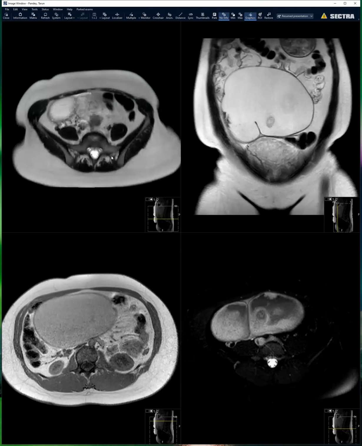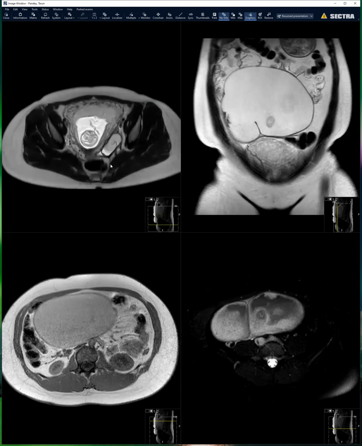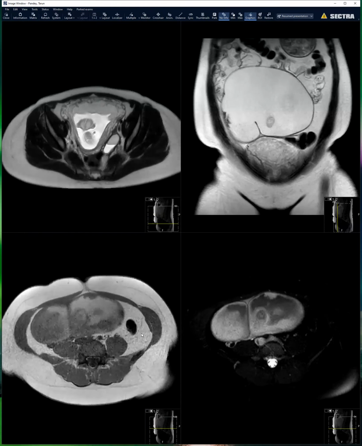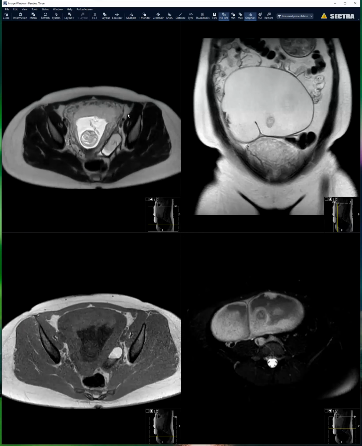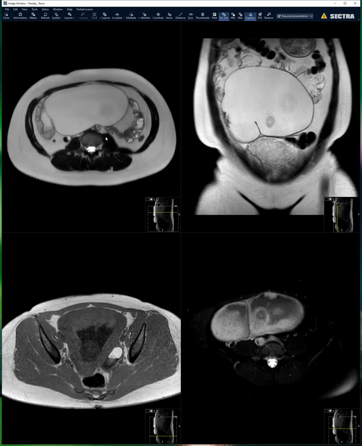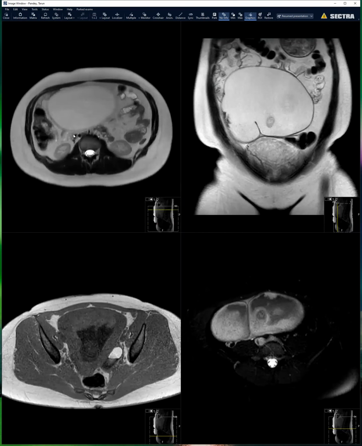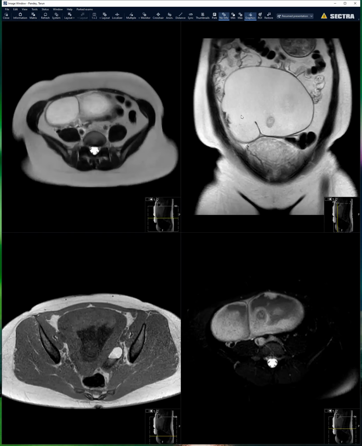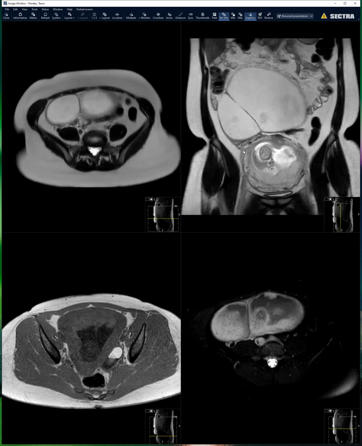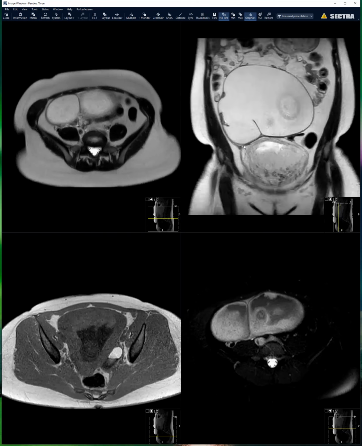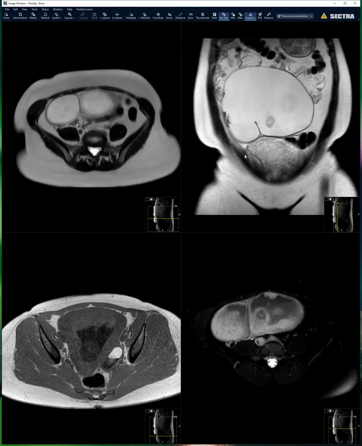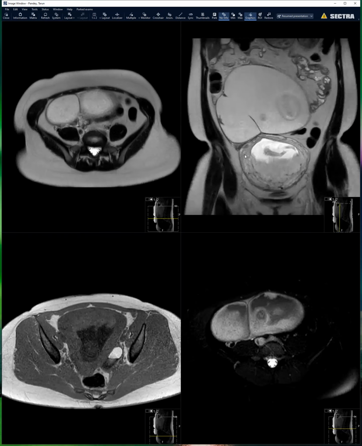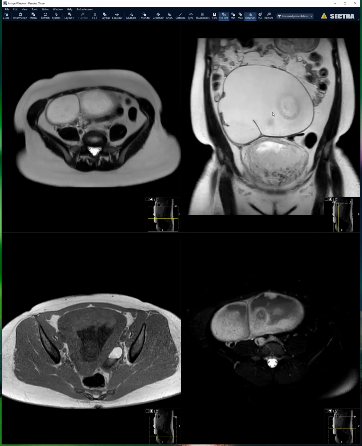Is there any torsion? I'm trying to find the pedicle there, but I don't see any whirl or twisting or anything. When you see a dermoid this big, and especially if you're worried about rupture, you want to make sure there's no torsion. Right. We didn't really see any. Yeah, I don't see anything either that would suggest that. There is the possibility that the dermoid is just in the tube. Yes, there is a possibility, but